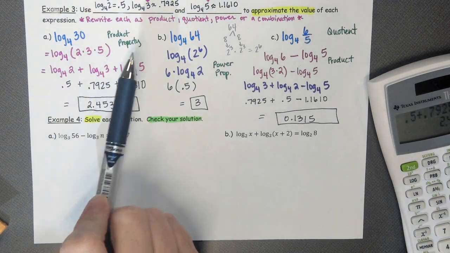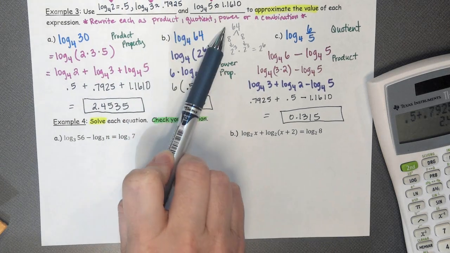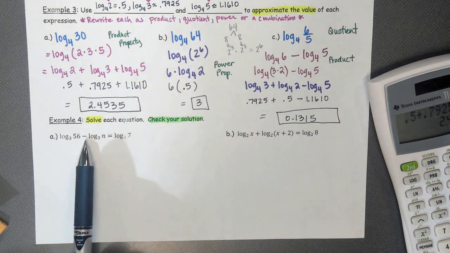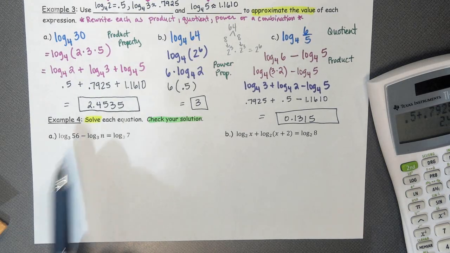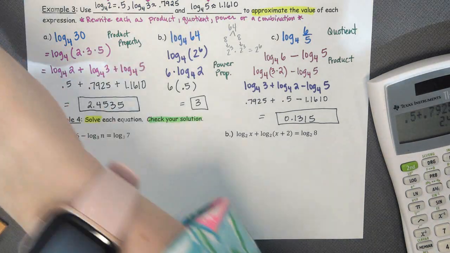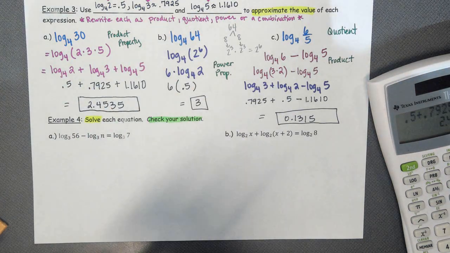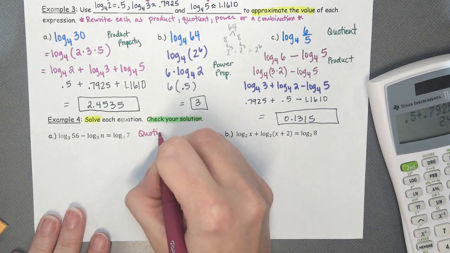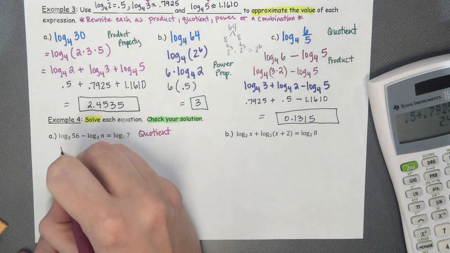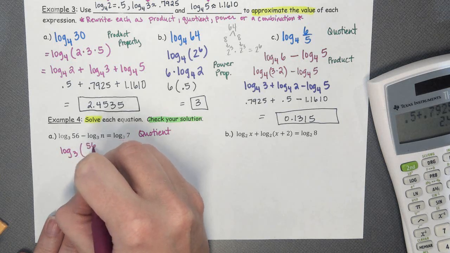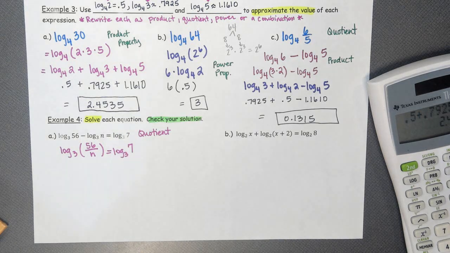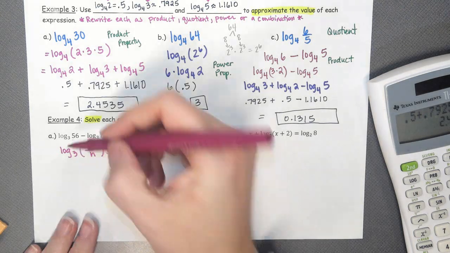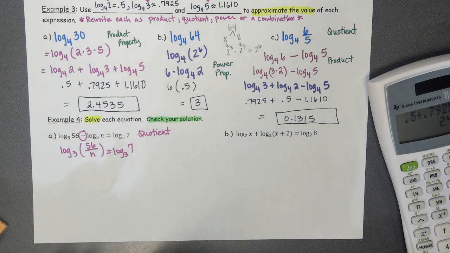Okay, so based on what we did above, where we had to rewrite these using the properties, we should notice here that you have a property that you can rewrite. If you have subtraction, what property is that? Subtraction goes with the quotient. Okay, so let's rewrite with the quotient property. So we'd have log base 3 of 56 divided by n equals log base 3 of 7. Okay, so because you have that minus sign, we know that we can rewrite this as a quotient,